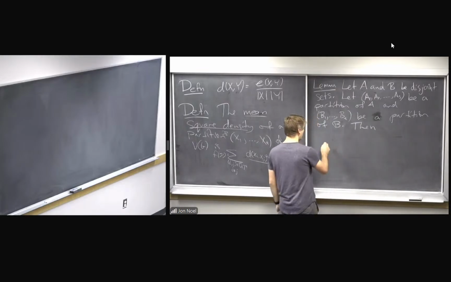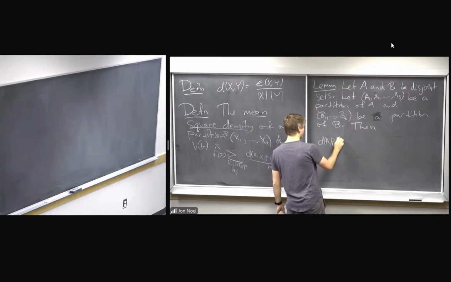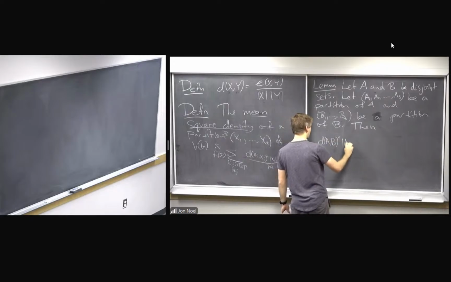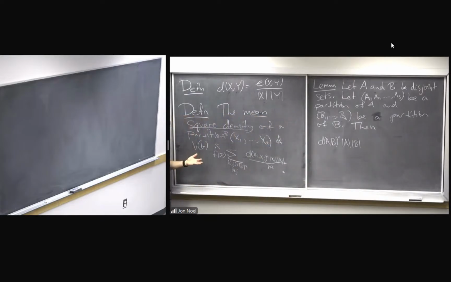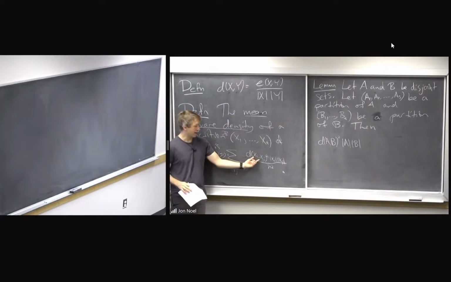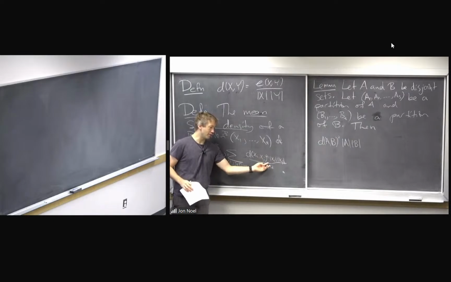So I want to say that d of AB squared times the size of A times the size of B, which, if A and B were part of my regularity partition, would be their contribution to this sum if we ignore the n squared,